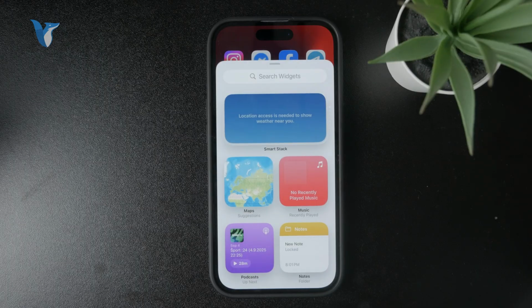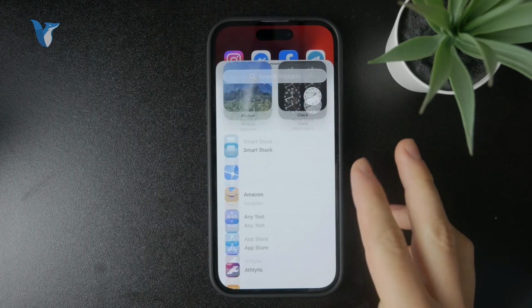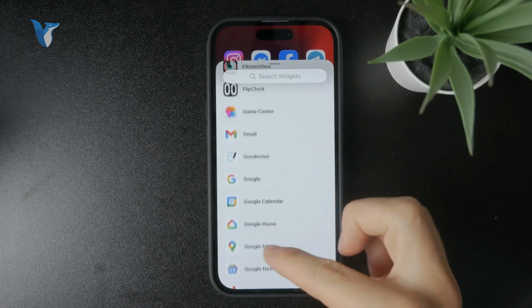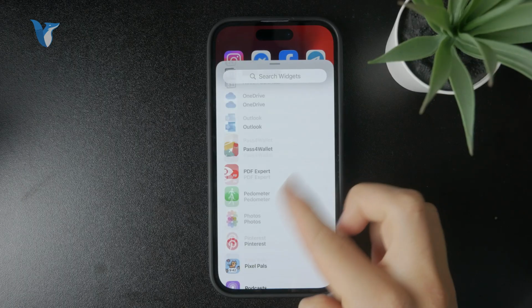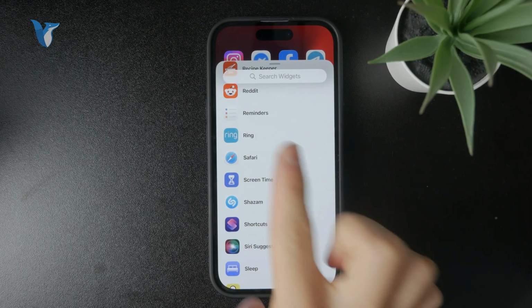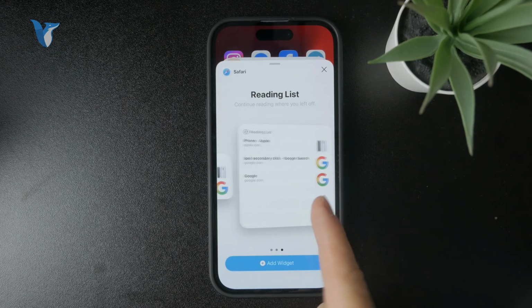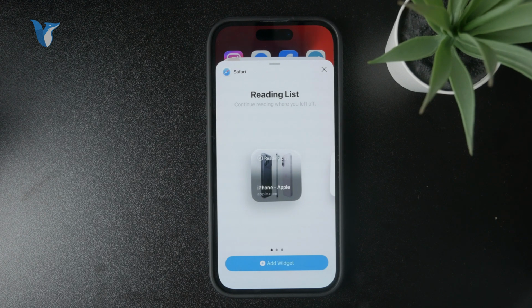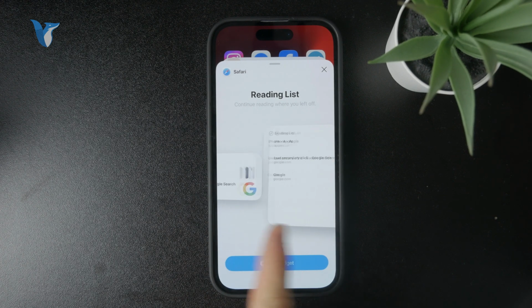Naturally, all of the available widgets from all of the apps are going to appear, so you can scroll through them or just look up, like type in Safari, and you'll be able to add 3 sizes of the widgets, depending on which one you prefer. So you have the rectangle, which is in the middle, then you have the large and a small square,